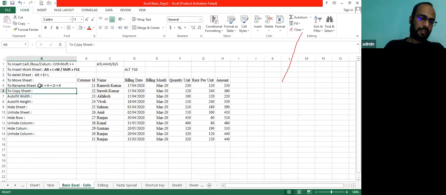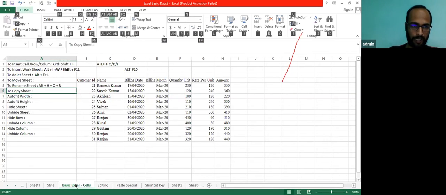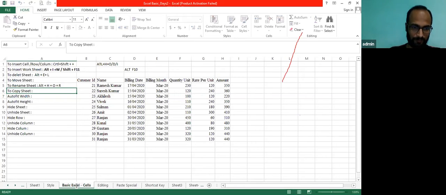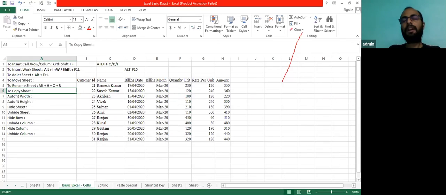Okay. Now I want to make a copy of this sheet in this Excel file only. First see, then I will allow you to implement it on your own. I want the copy of this worksheet as I need the original one in the same file, and I also want to work on the same data. In that case, we need a duplicate sheet in the same file. So for creating a copy, you need to use Alt H O M, Alt H O M. Now you can open your Excel.